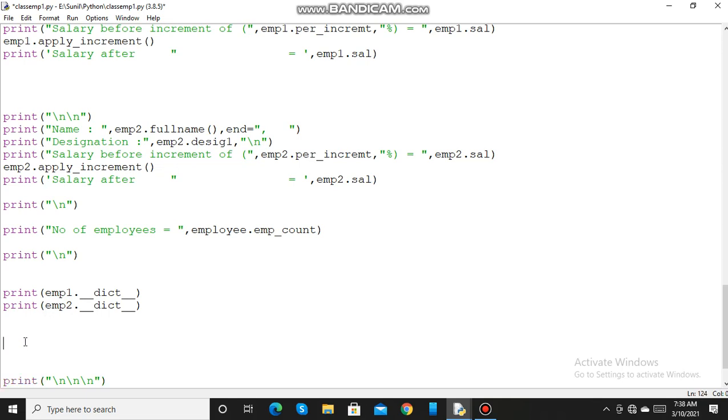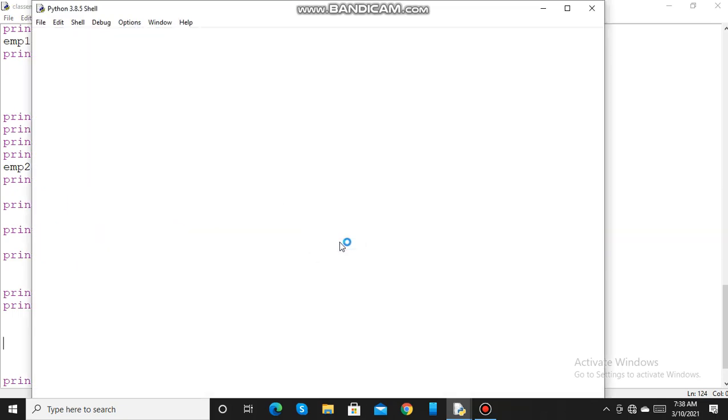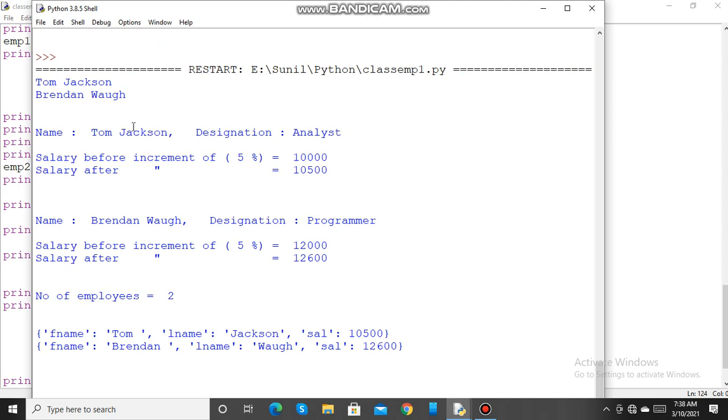So we will execute this. So here it is, it has printed the name and designation and other detail, that is salary before increment, that is 10,000, and after increment 10,500. So this was for instance emp1.